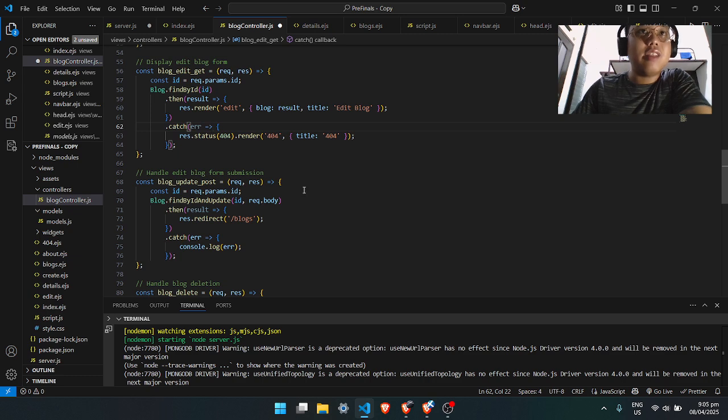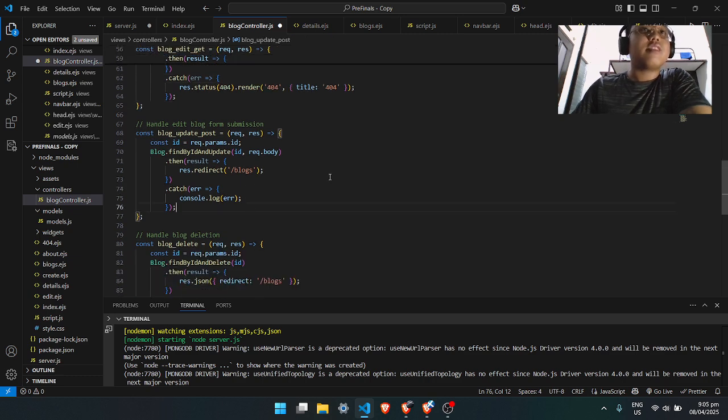For the handle update post, Mongoose is actually super good for databases because it has so many automatic features that make the process so much easier. Find by ID and update means it automatically updates the data from your web page and also from your database all by itself, which handles all the heavy lifting.